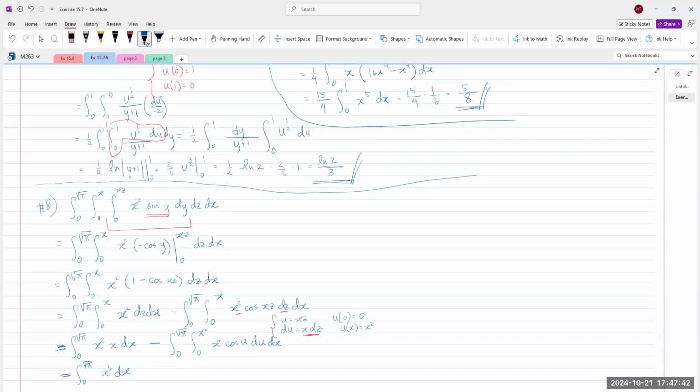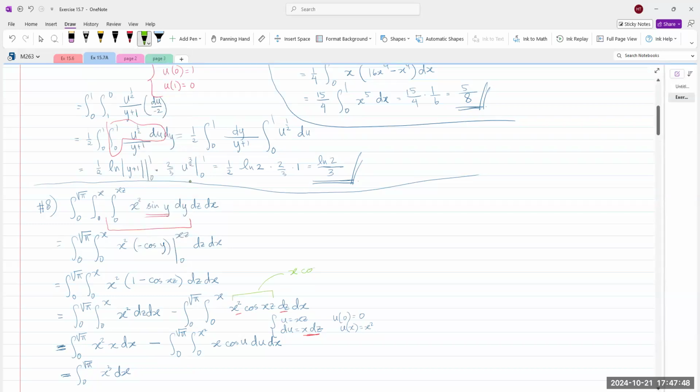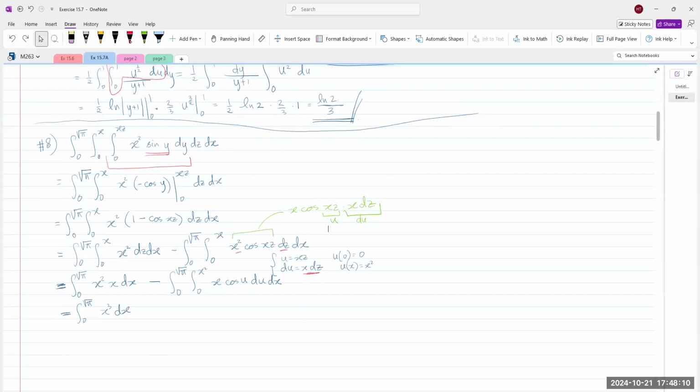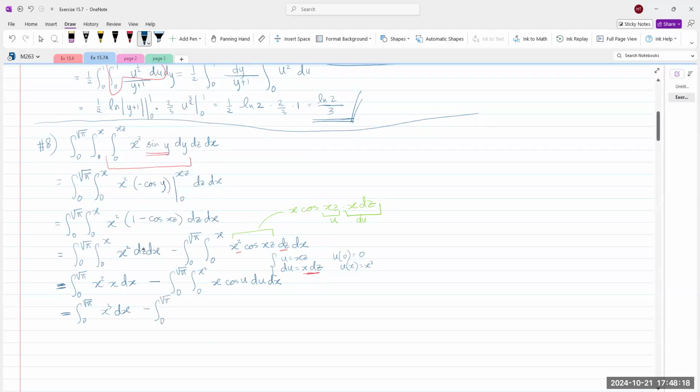Yeah, try to think of it this way. So if I rewrite this as x cosine xz times x dz, this will be my du, this is my u, right? x cosine u du. Now integrating that, integral of cosine is what? Sine, right? Minus integral from 0 to square root of pi, and then x sine